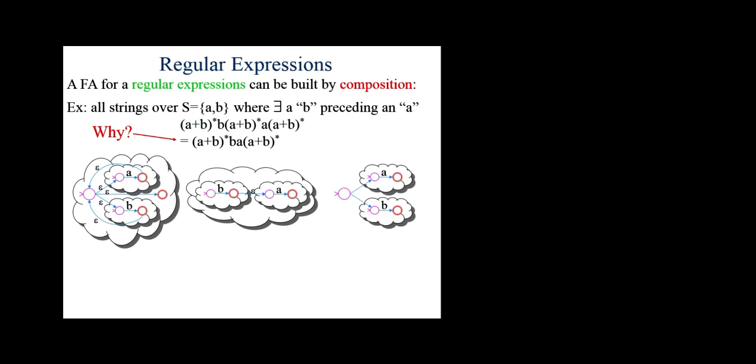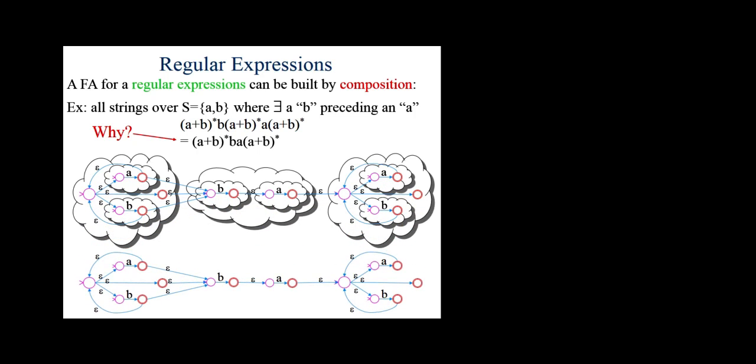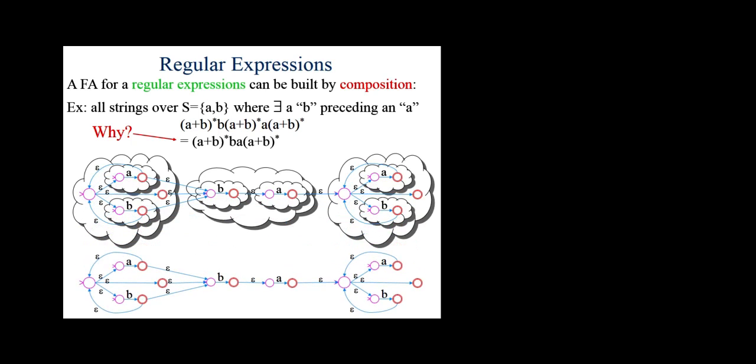And all I'm doing is copying this here because you've got A plus B star and another A plus B star, so I'm not going to do it from scratch. I'm just going to copy it. But now I'm going to concatenate the A plus B star to the BA in the middle to the A plus B star, and that will be a composition of juxtaposition denoting concatenation, and therefore I'm going to have these transitions going on here in blue, and these transitions going on in blue. We're using blue, it's a nice color to represent transitions. Again, everything is color-coded here. And together, I've removed all this fluff, that's these big clouds around it, so you can see specifically, but this is just a copy. You want to see it again in instant replay? There it is, the copy.